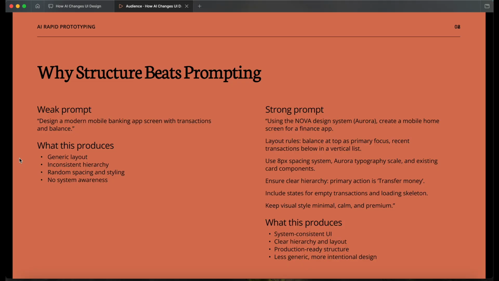The weak prompt: design a modern mobile banking app with transactions and balance. What this is probably going to produce is a generic layout, inconsistent hierarchy, random spacing and styles, and no system awareness. And moving over to the strong prompt: using the Nova design system Aurora, create a